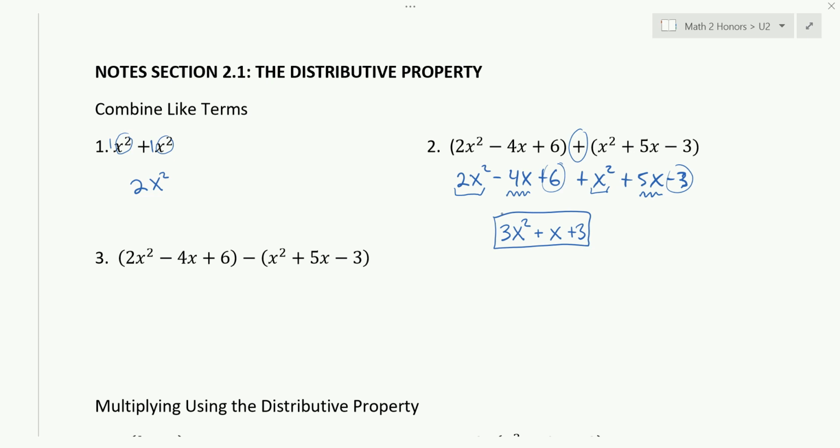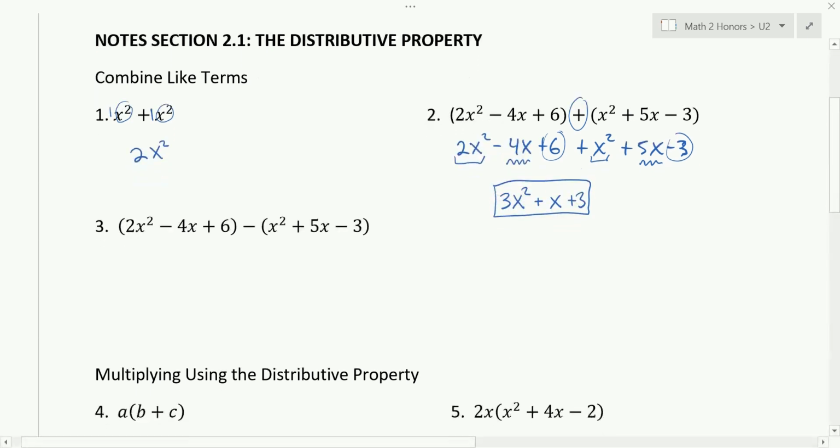Okay. On number 3, similar thing, except we have to distribute this negative to all parts inside the second parenthesis before we combine like terms. And that's important to pause and just realize, because a common mistake is to do this, right? 2x squared minus 4x plus 6 minus x squared plus 5x minus 3. Where this is wrong, where you're only putting the negative in front of the x squared, it's not being distributed to the other two terms, and you'll end up with the wrong answer. So instead, it should be